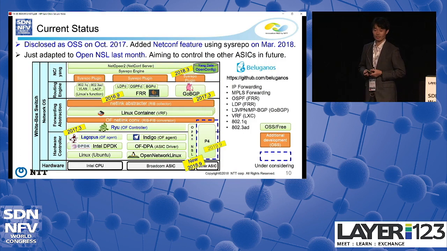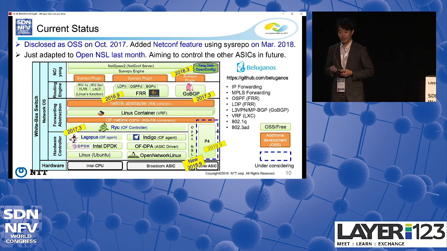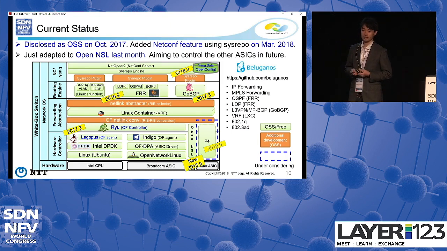So this is a current image of our network OS. Our aim is not to make our own network OS for the business. The aim is to know what the white box is and what kind of part is difficult when introducing the network OS for the white box. So to accelerate this